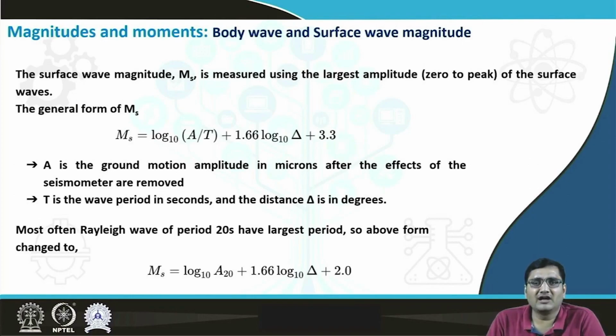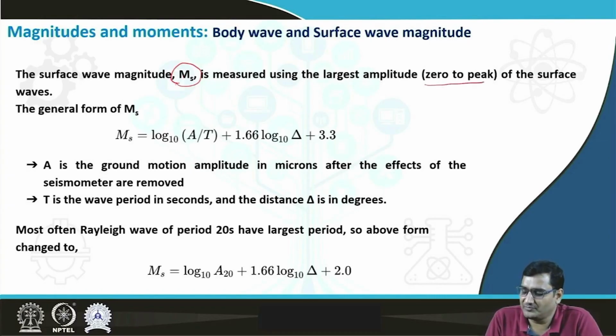Now let's talk about the surface wave magnitude, represented by capital M with subscript s. It is measured using the largest amplitude, from zero to the peak value, of the surface waves. In general form, the expression looks something like this: Ms is equal to log base 10 of A by T, plus 1.66 log base 10 of delta, plus 3.3. Here delta is the epicentral distance, A is the amplitude of the ground motion in microns after the effect of the seismometer is removed, T is the time period in seconds, and delta, as I told you,